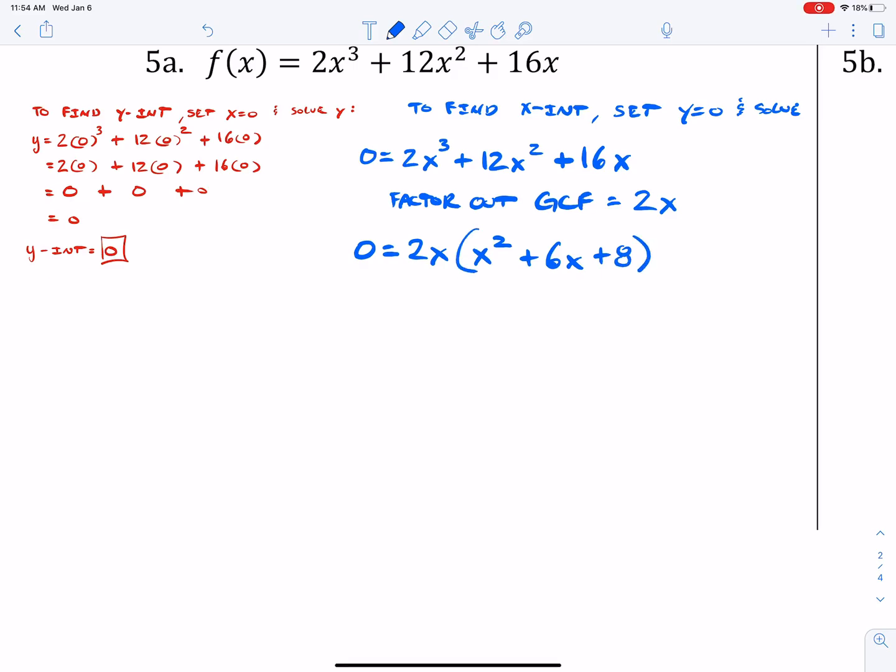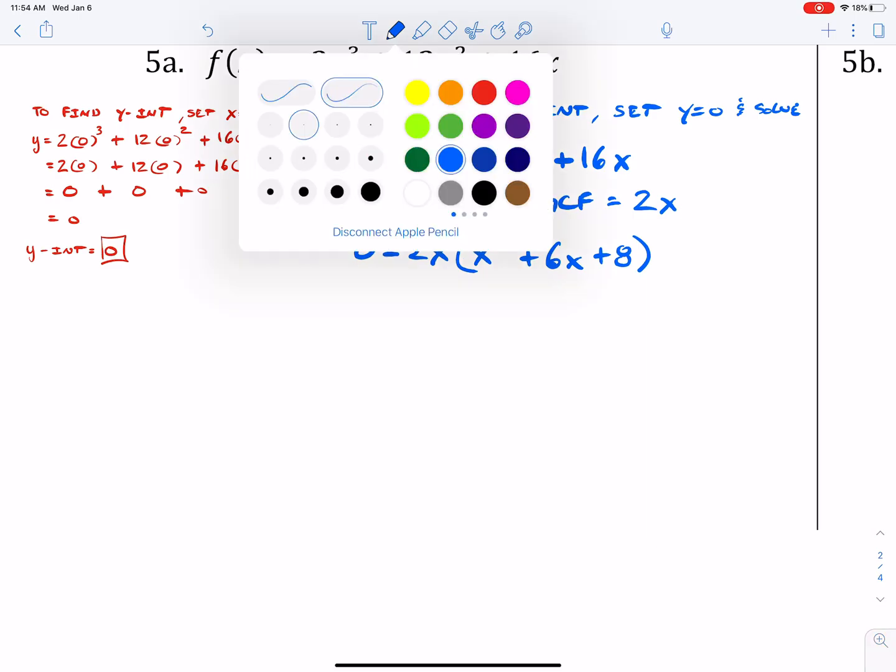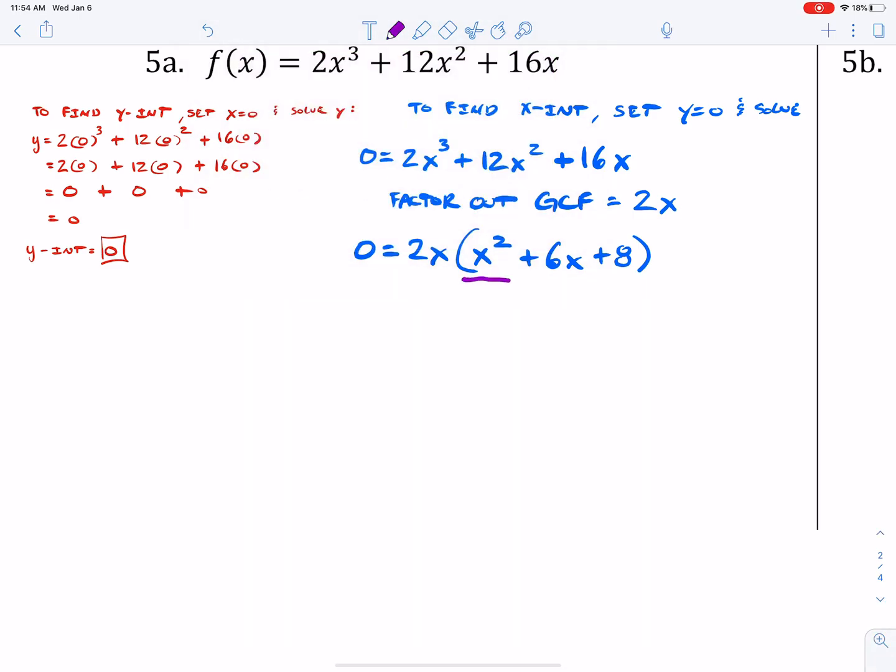Now what I have here underlined in purple should look relatively familiar, something that you can factor again. And if it doesn't, hopefully in this next step it will. So now that I have that, what I can do is factor what's in parentheses there, my quadratic. Well, I want to find